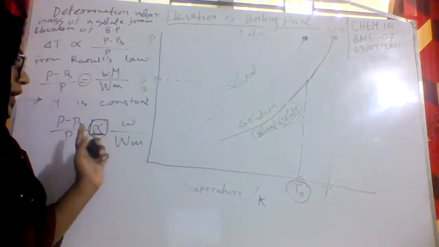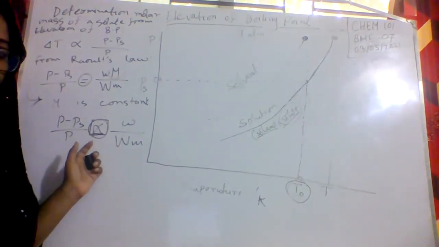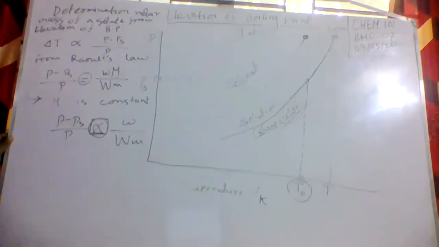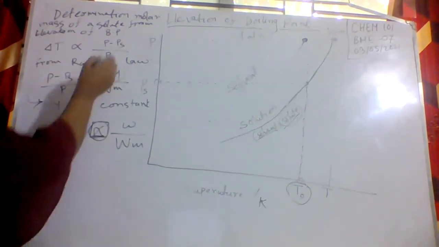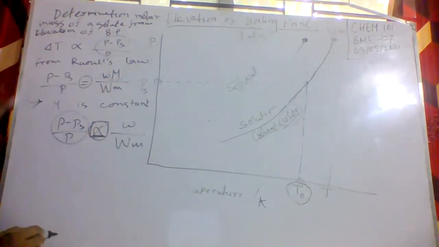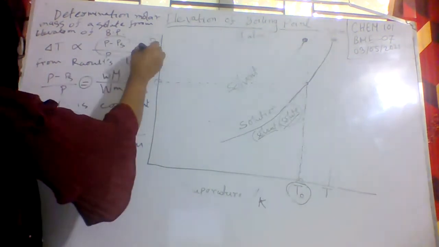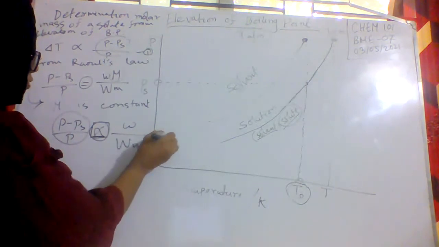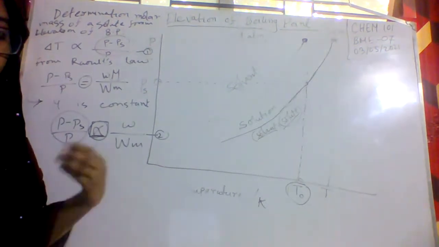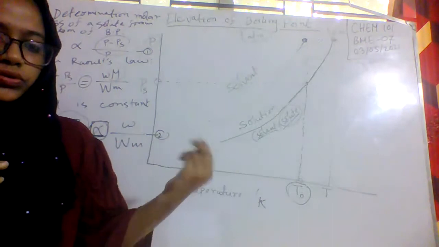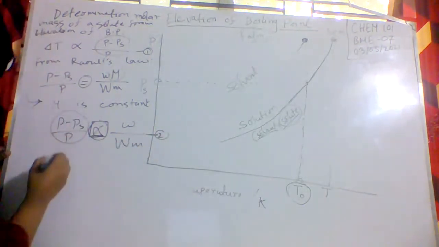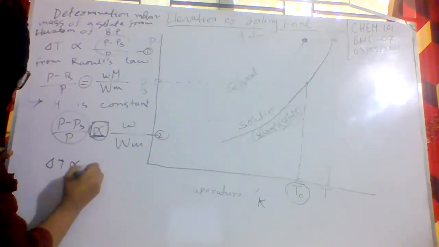Is it okay? Understood? So now this part is equal to this part, right? So can we combine both equations 1 and 2? Combining equations 1 and 2, we can write delta T proportional to w by